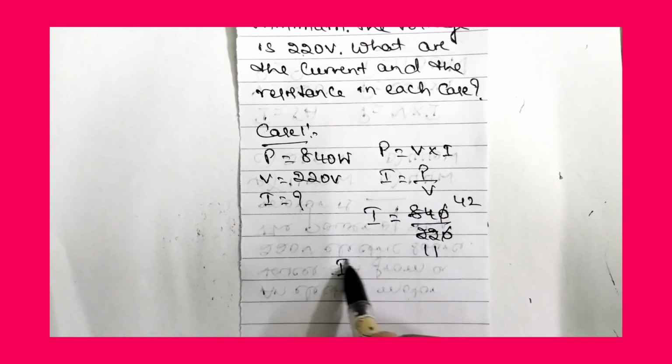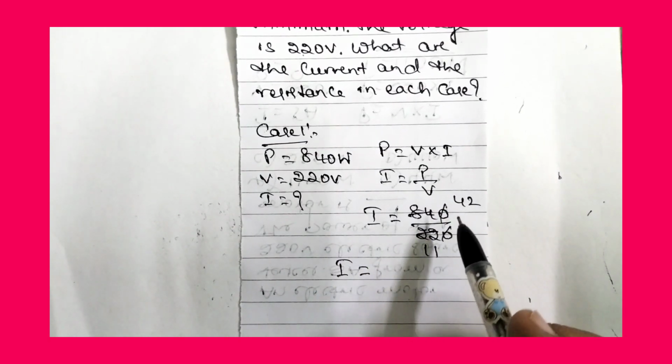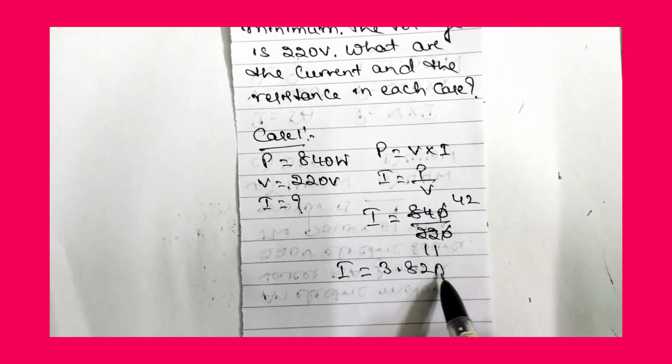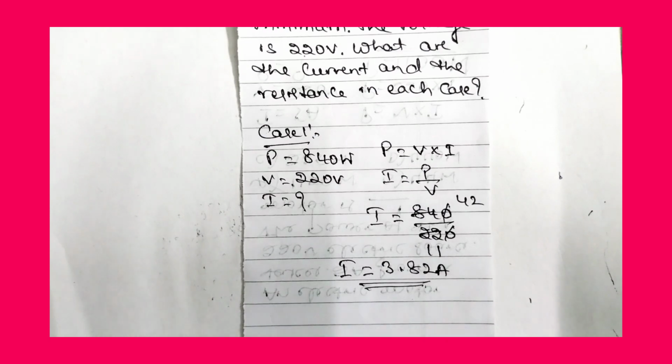So if I divide 42 by 11 I will get 3.82 ampere. So what is the current in the first case? The current in the first case is